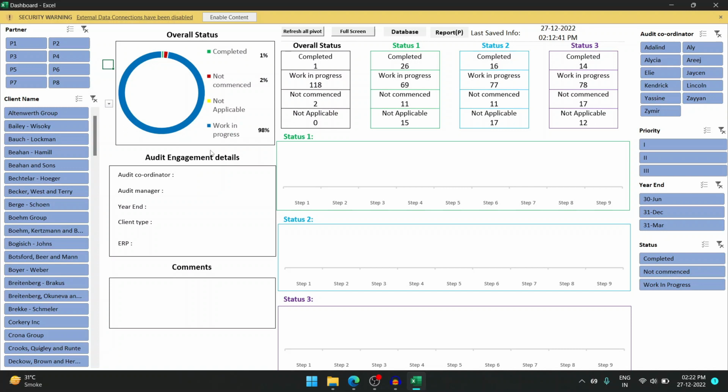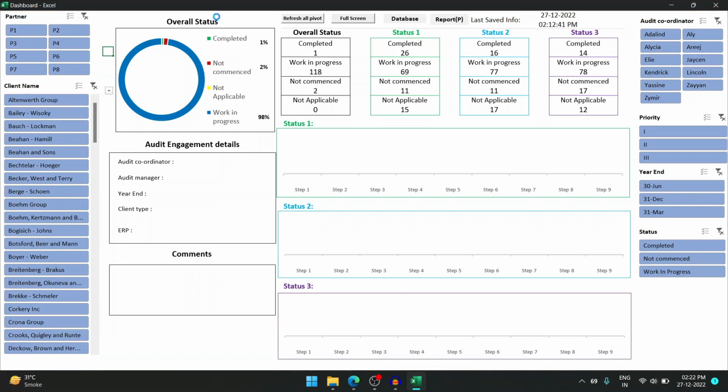As you can see, first of all, the dashboard has been maximized to full window. I have removed all the formula bar, headings, worksheet tabs and stuff like that to get maximum space in one single screen. On the top you can see that the external data connection has been disabled. This is because there has been integration with Power Query, so external connections are there. So for that I will just enable the content,